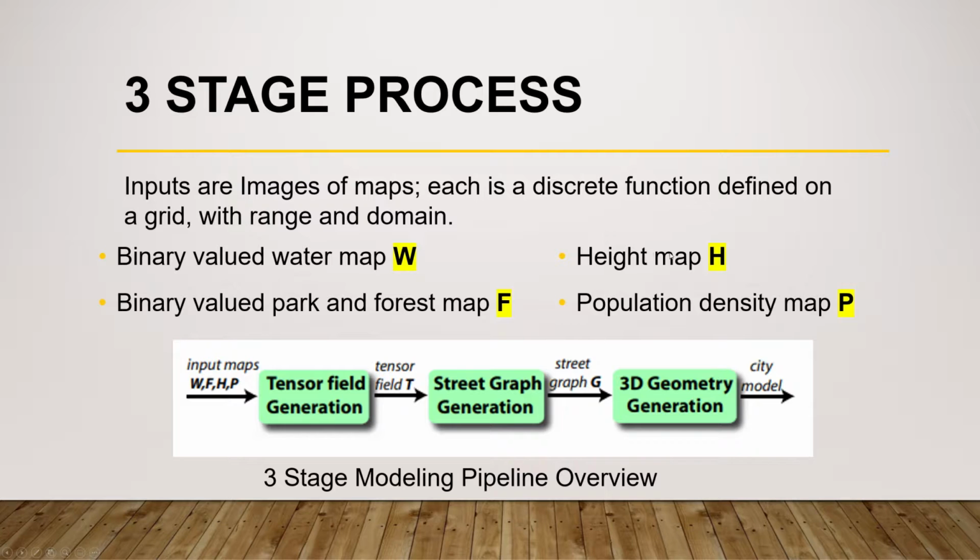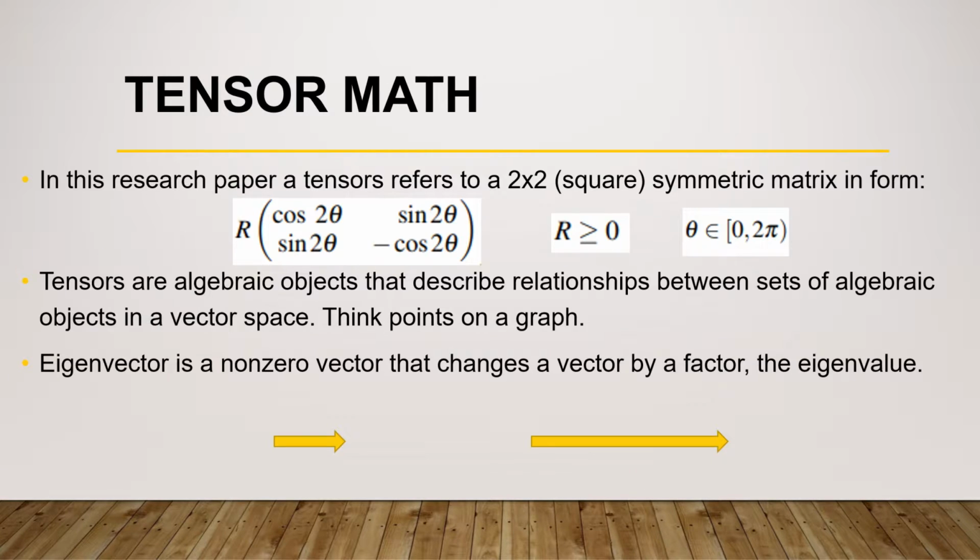It could be a height map that shows how high or how low the land goes. It can be a binary valued park and forest map, which shows greenery, so things like where parks are. And it could be a population density map P, which is a population density of streets. So I'm going to go into an overview of the whole process, but before that we need to get